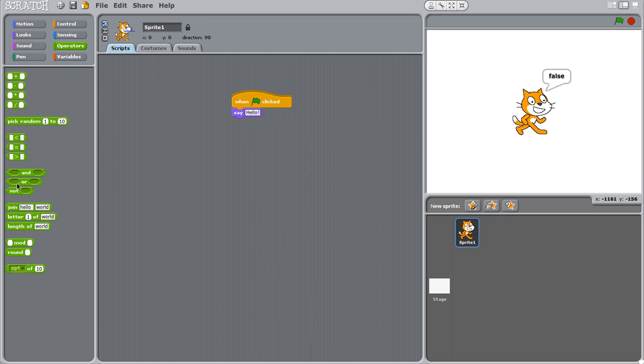Alright, and something that's pretty useful as well is the not operator. So not just says, okay, we're going to do the opposite, right? So 1 smaller than 2, we know that's true, okay, and